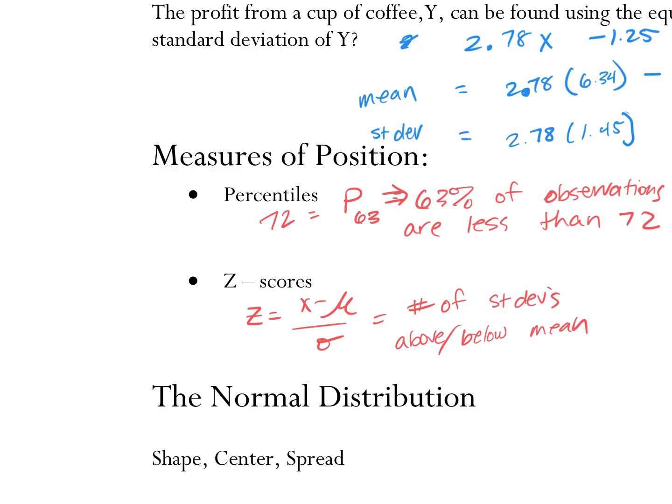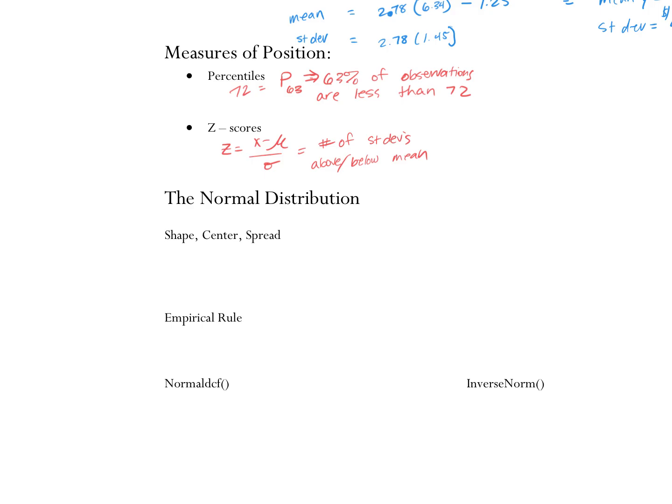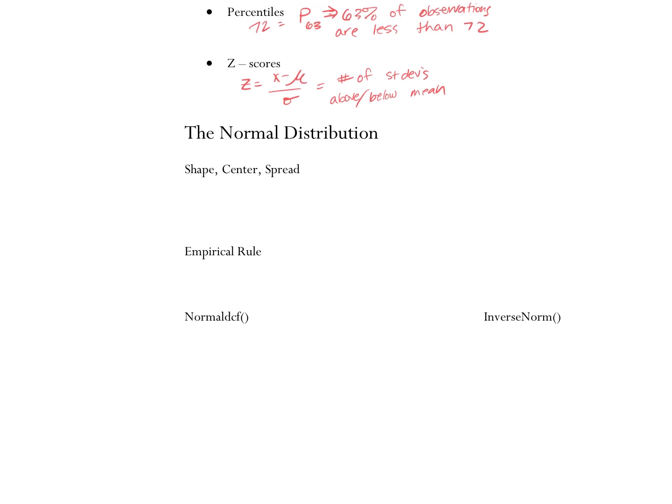Not many people mentioned wanting a review of the normal distribution. I'm going to do it real quick. The empirical rule is 68, 95, 99.7. Those are the percentages between 1, 2, and 3 standard deviations from the mean. If you describe something as normal, that describes shape, and you complete a normal description by saying approximately normal. That only describes that it's bell-shaped, then you're going to add the center and the spread. So add the mean and the standard deviation.